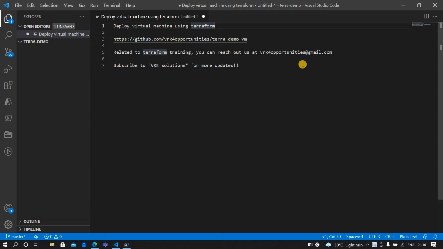So these days I'm hearing a lot about the Terraform requirement from the companies. Whoever is trying for the DevOps profile or Azure profile, the companies are looking for candidates where Terraform is a requirement. So we do provide trainings on that, and